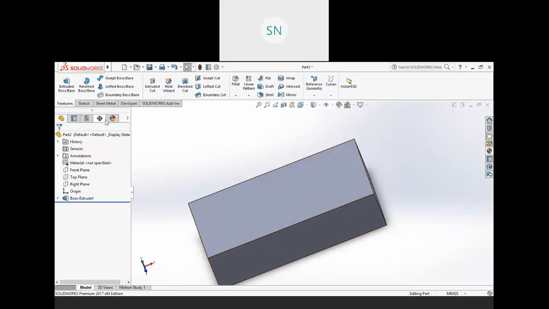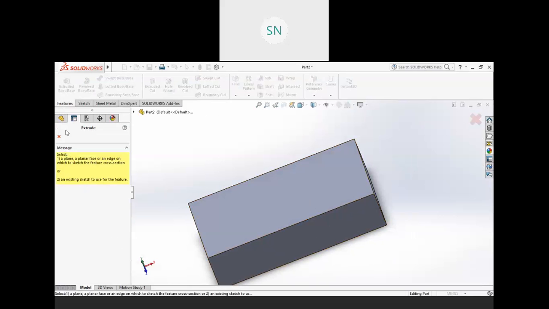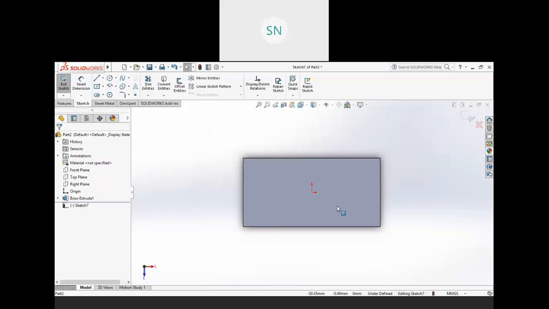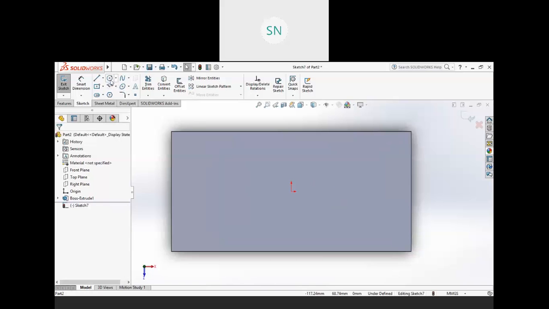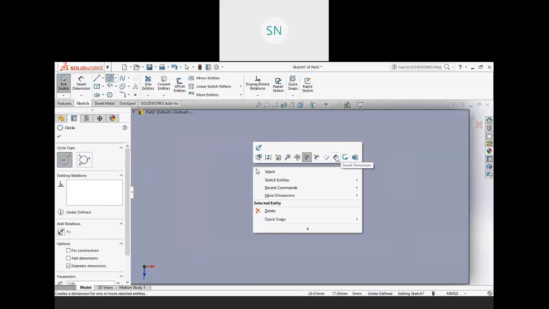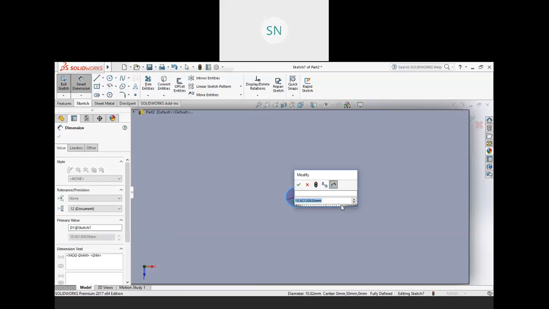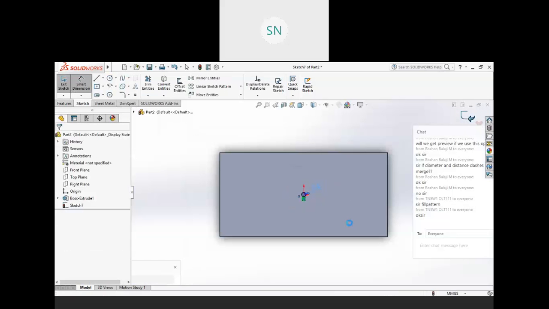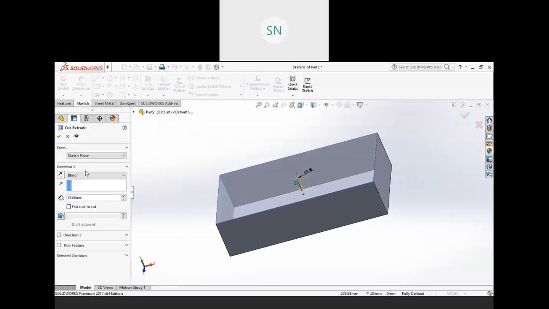So for the fill pattern, let me create one extrusion cut this time. Extrusion cut here, and the diameter should be 5 mm, and finish it and go through all.